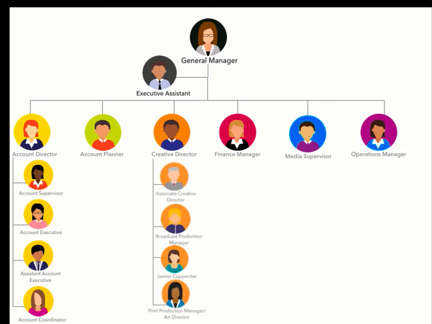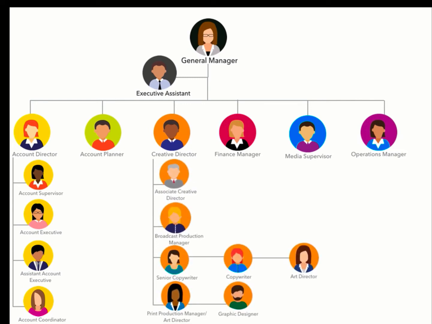The next is the account planner. Now, we only have one item under account planner, but it's becoming very much larger in each agency, and even entry level, there are junior account planners. This is also called strategizers, who do research. They also sort of represent the consumer, the customer. What does the customer want? What's their desire about the product? It's very important to know who you're selling to. So they do the research and help the creatives understand. They help write the brief that the creatives will get to produce the work.